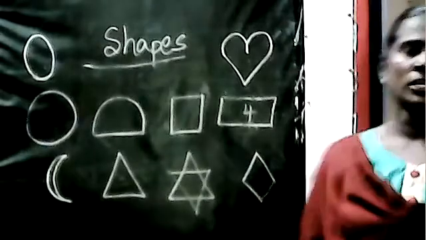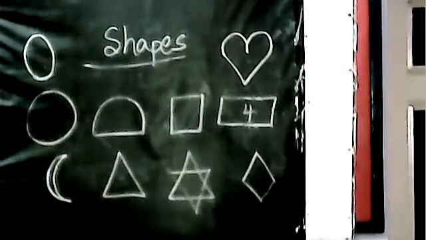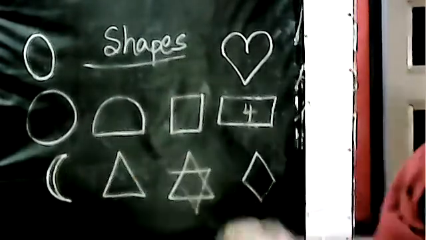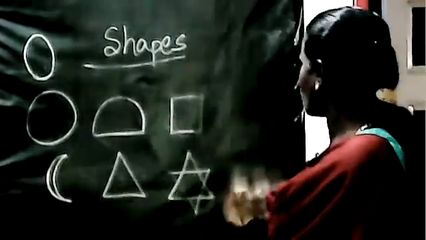and diamond shape. So what you should do is, you should draw all these shapes. You should know to draw all these shapes. These are very easy. So you draw all these shapes, you must know to draw this shape also. Next what we learned, children? Next what did we learn?